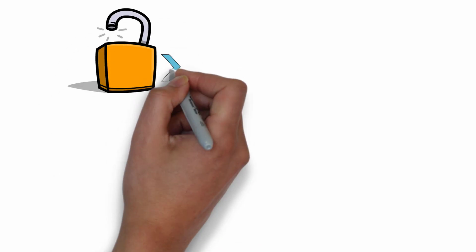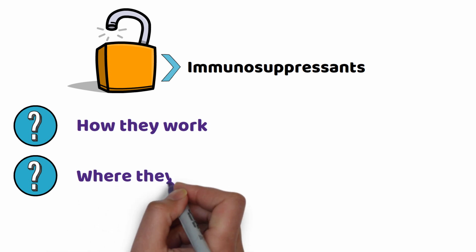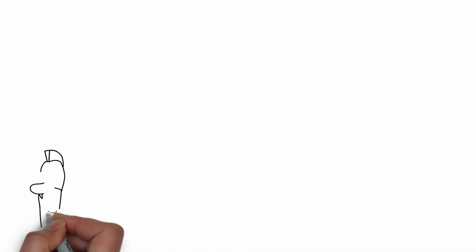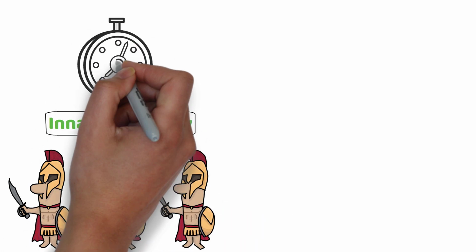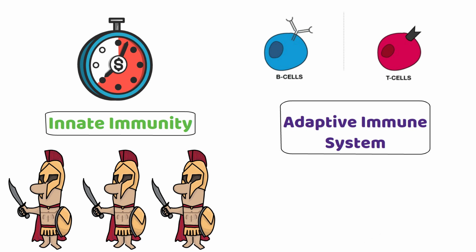Today, we're unlocking the secrets of immunosuppressants, how they work, where they work, and how they can sometimes backfire. The immune system is your body's defense squad. The innate immune system acts fast and blindly, while the adaptive immune system uses specialized T and B lymphocytes to